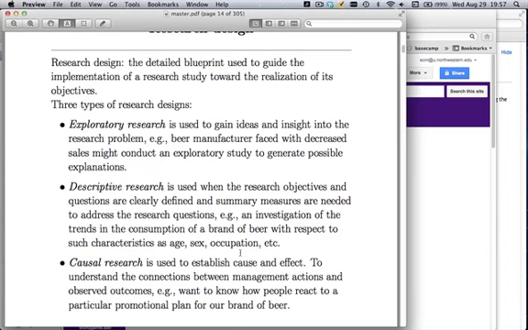Then all of a sudden, sales increased. So why are the sales increasing? The first question the brewery had is who's responsible for this? Who's buying this? So they'd want to do a descriptive study to measure what demographic groups are responsible for this increase in sales. And it turned out it was